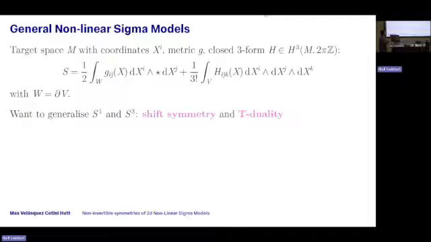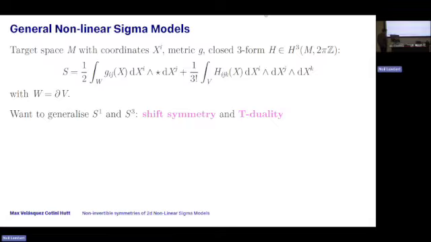I want to talk about sigma models with B fields. So I have a Wess-Zumino term. So my action, this is a 2D QFT, W is a 2D closed worldsheet. I have a term with a metric and a B field that I'm writing as a sort of Wess-Zumino term with H on a 3-manifold V, whose boundary is W. And I want to play the same game. In particular, I want a shift symmetry and I want a duality.